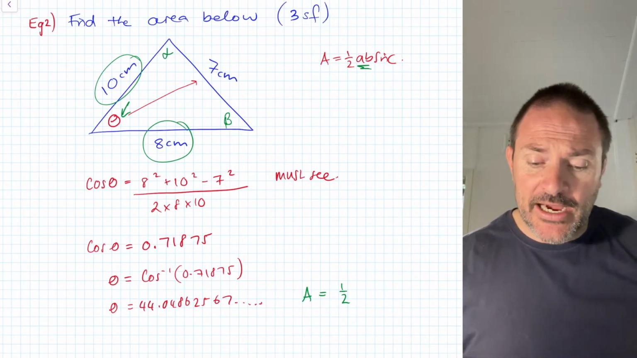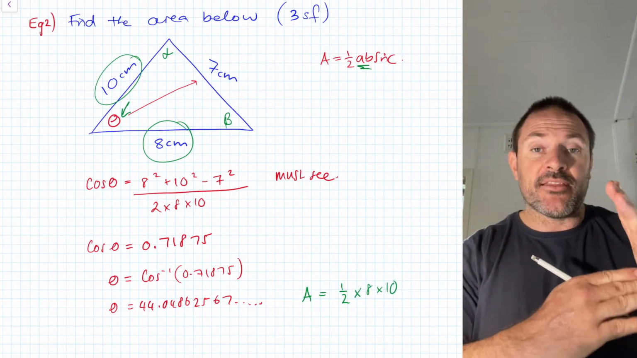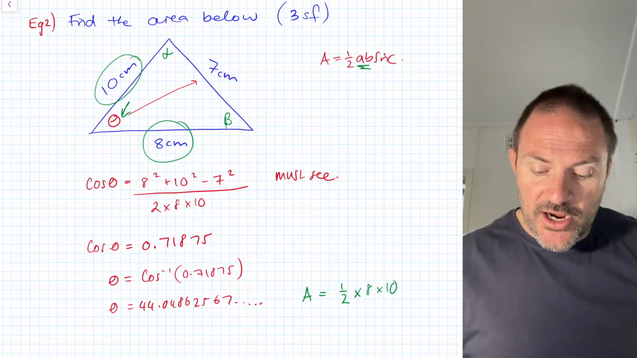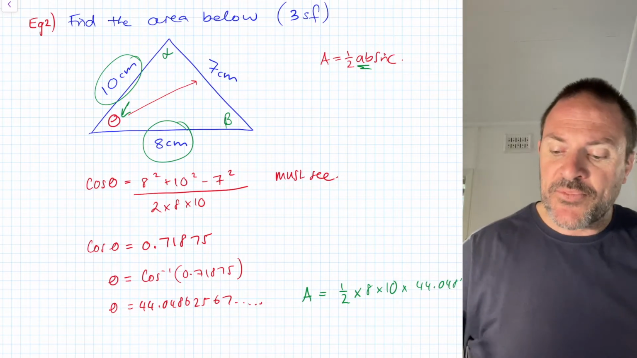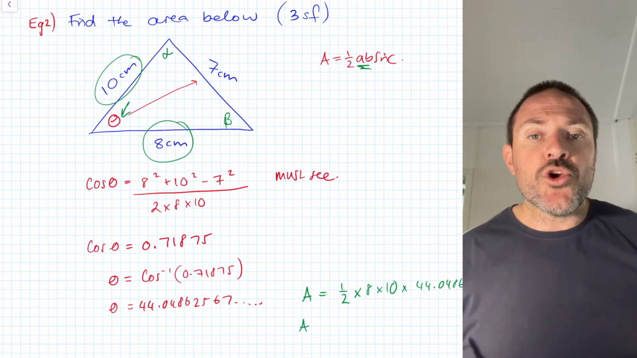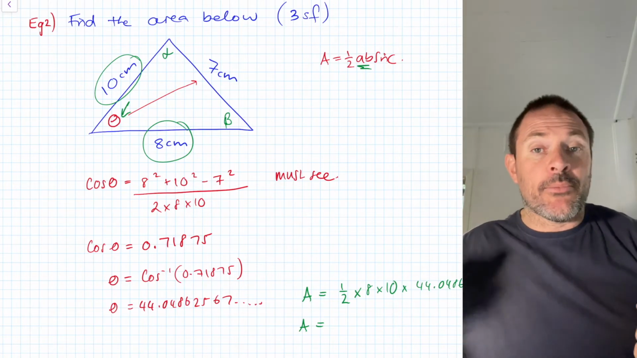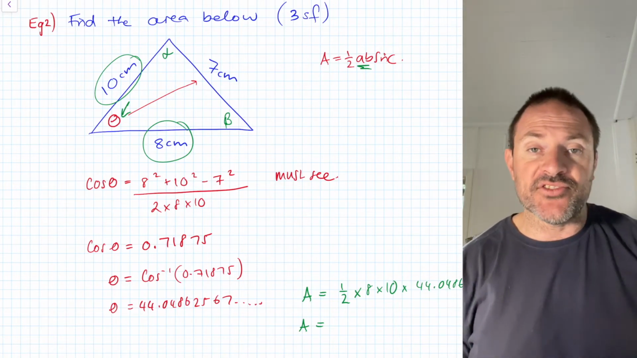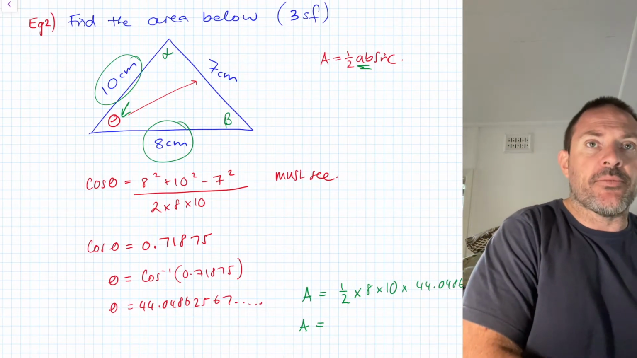So for me, I'm doing half times 8 times 10 because they are either side of my theta, times 44.0486... Now again, very important, use your answer button, because we want to make sure we use that whole number. We don't want to round it to 44.0, for example. Don't want to round too early. So now I can type into my calculator,